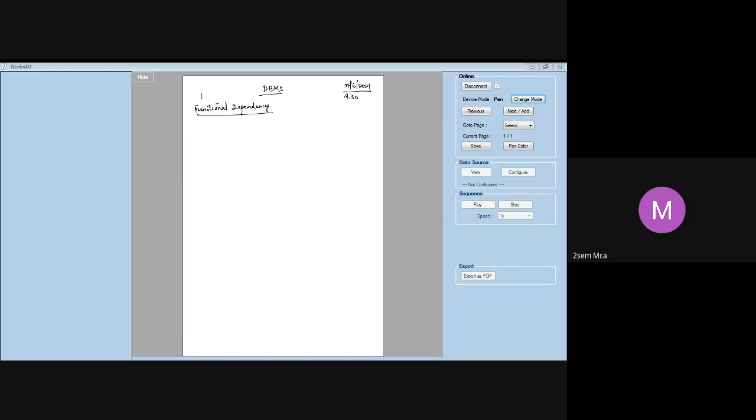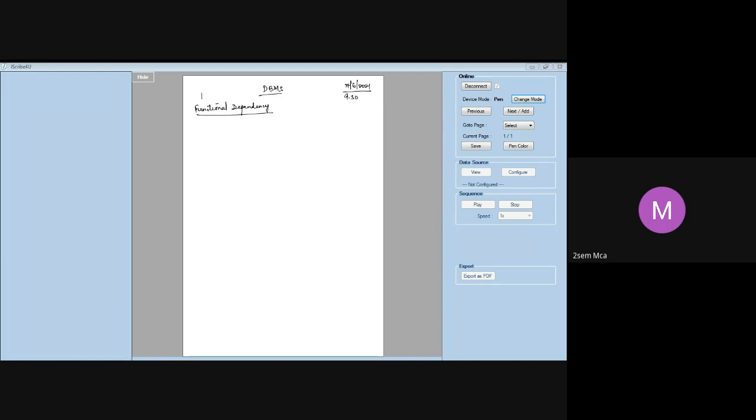But I cannot directly jump to normalization or different normal forms, first normal form, second normal form. So we have to learn and understand what a functional dependency is first before we move into the normalization concepts. These are very, very important concepts. Even going ahead, whenever you do your projects, you should also know how to normalize your database. And in the interviews and placements also, they'll be focusing on all these things. So pay attention. Let us understand what is functional dependency.